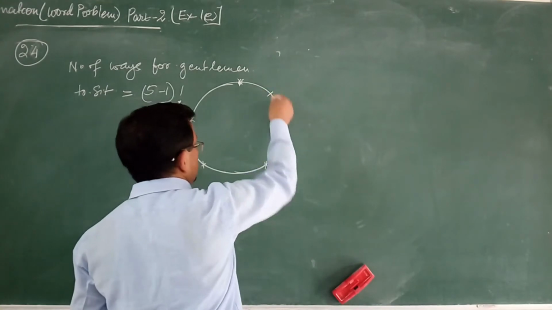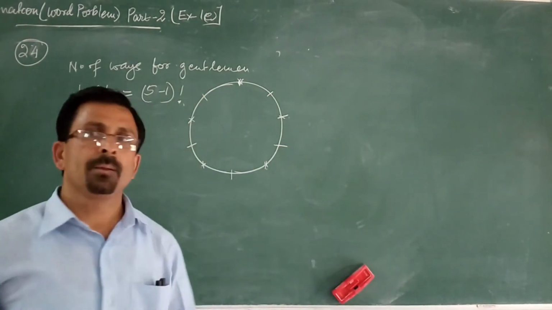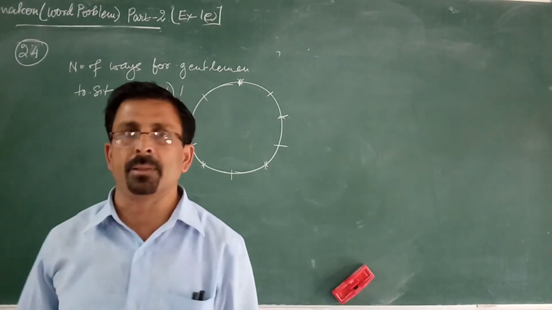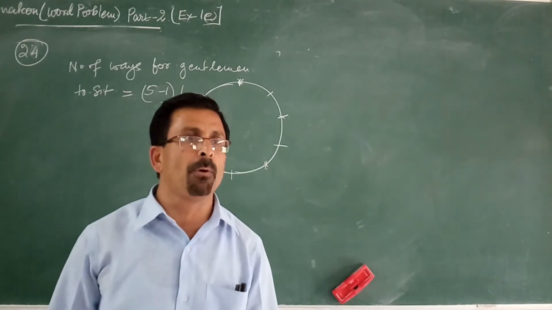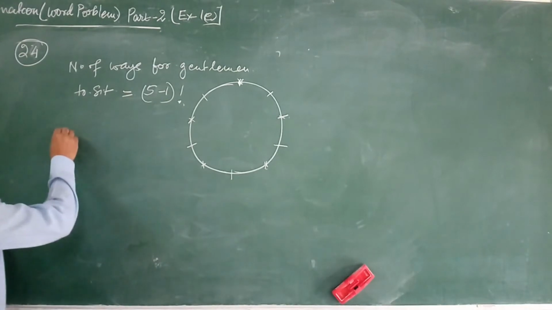So 1, 2, 3, 4, 5. We have spaces one more than the number of ladies. Ladies, there are 4 in number. So they can be arranged in 5C4 ways. The ladies can be arranged in 5C4 ways. So the number of ways,